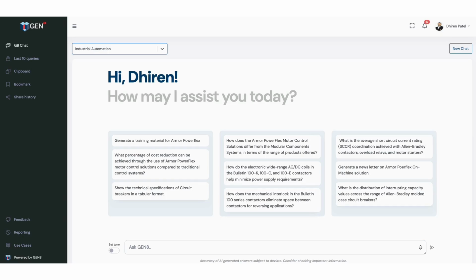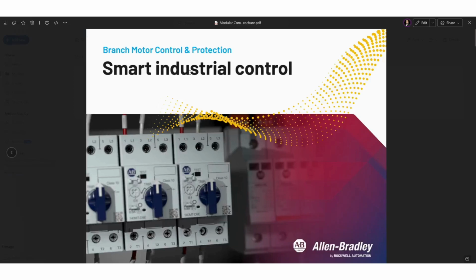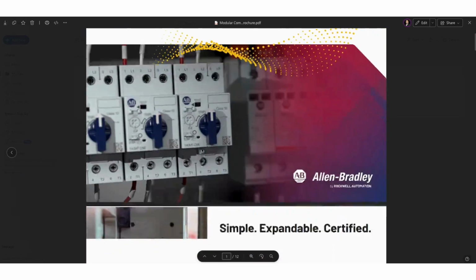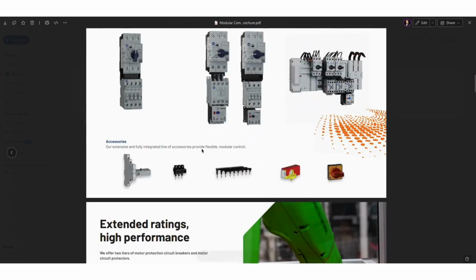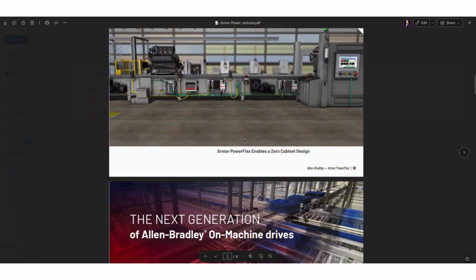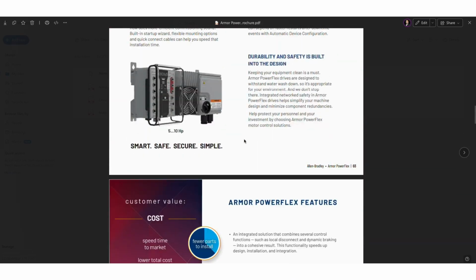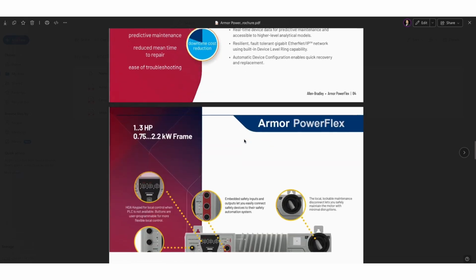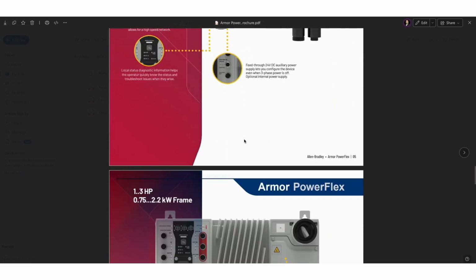As a quick background for this use case, we have ingested product brochures and catalog as source data. Let's have a look at the source data for your reference. It contains details of industrial switches and motor control products for various industrial applications. Obviously, there are complex products, and these documents contain many details about technical parameters, specifications, use cases, and other relevant